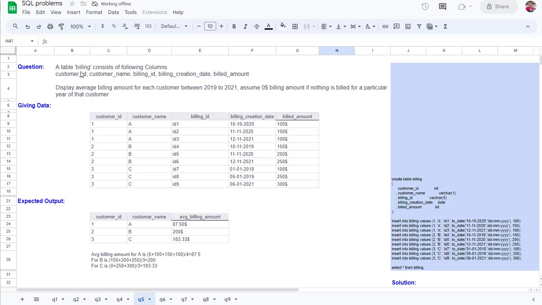Today we have a table billing consisting of the following: customer ID, customer name, billing ID, billing creation date, and billing amount. What we have to do is display the average billing amount for each customer between 2019 and 2021. Assume $0 billing amount if nothing is billed for a particular year of that customer. You will understand better when I